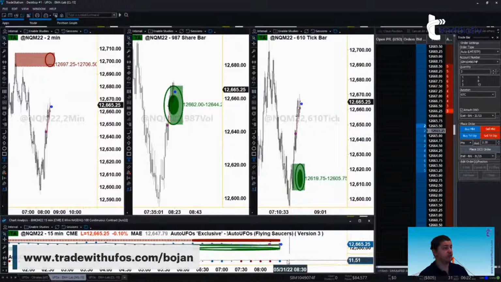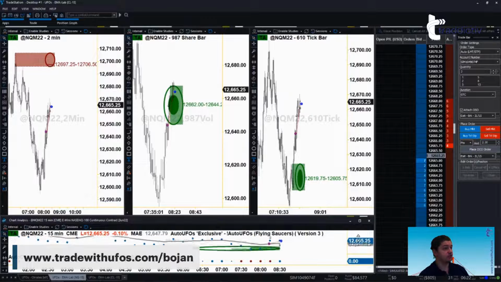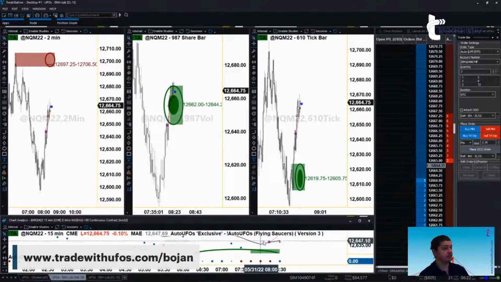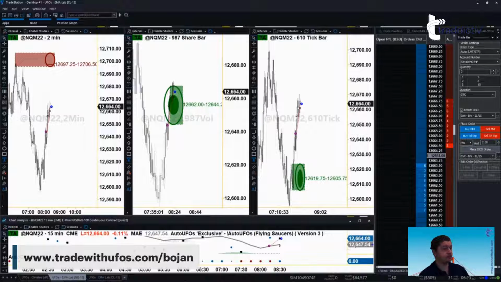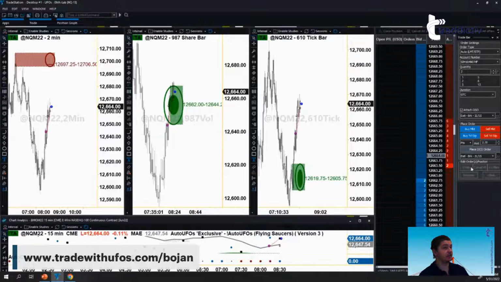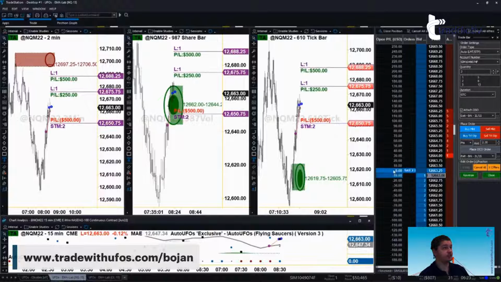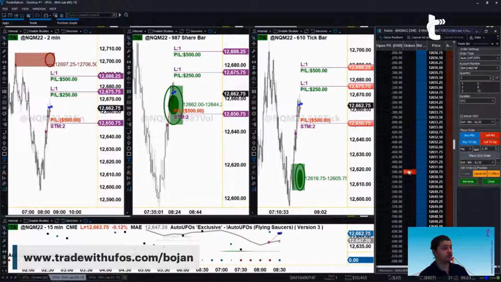All right. As we see, actually, the NASDAQ has not only changed direction, but it's actually confirmed itself as an up climate. So let's see what we have right now. 12,647, that's within this UFO here. So we could actually, okay, now realistically take this at market long. All right, let's just adjust this as we said.